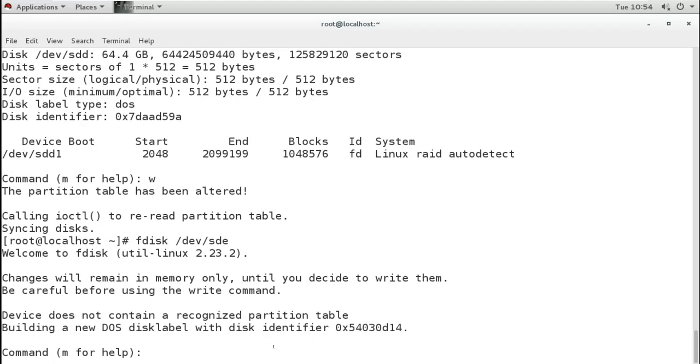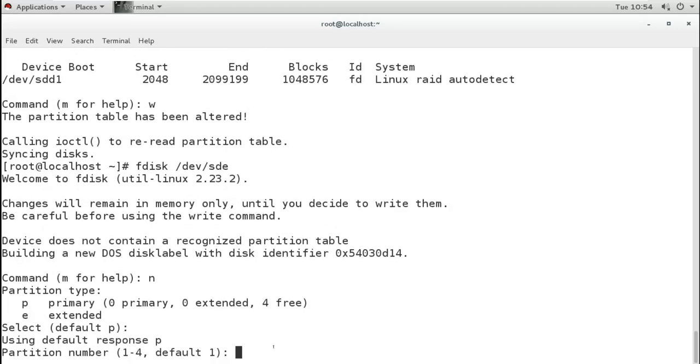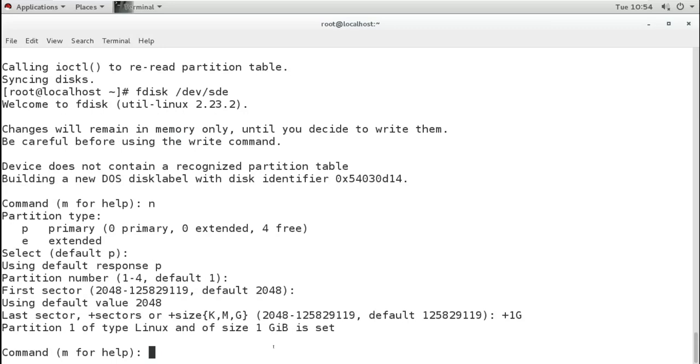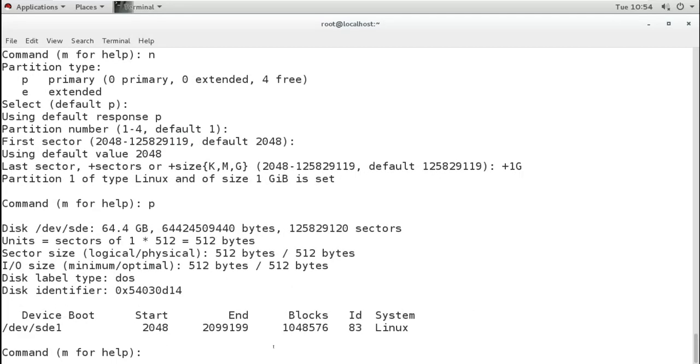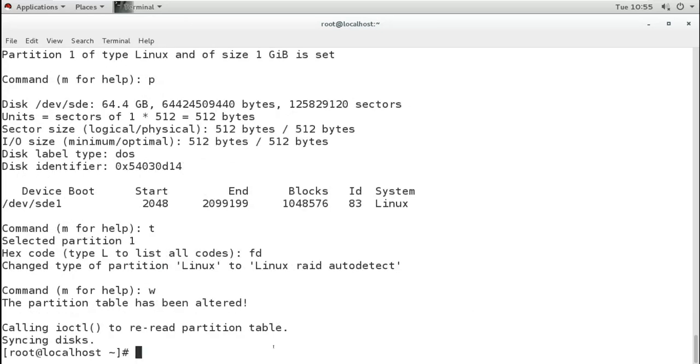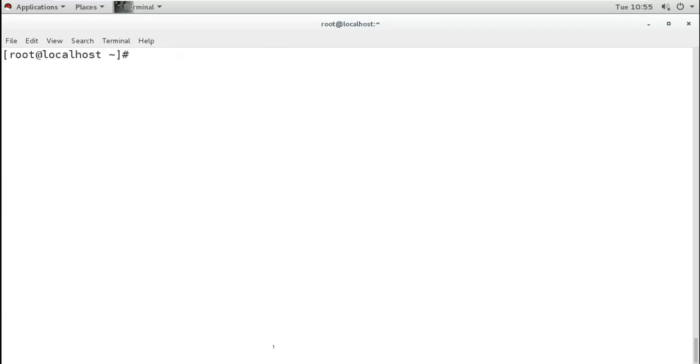So new, plus 1 GB, and the type will be FD, and save. So I created 4 partitions from 4 disks: SDB1, SDC1, SDD1, and SDE1.